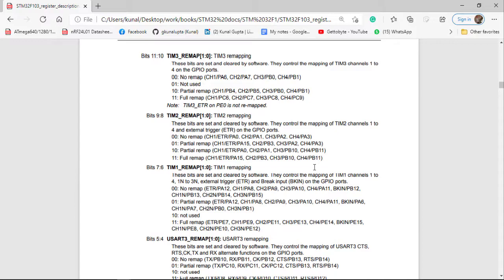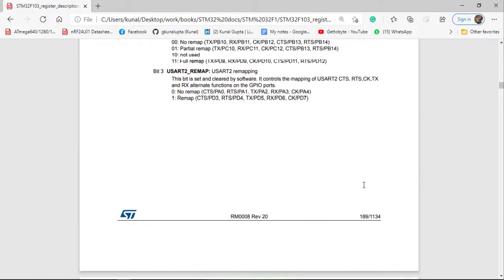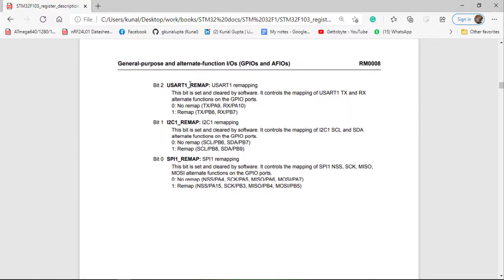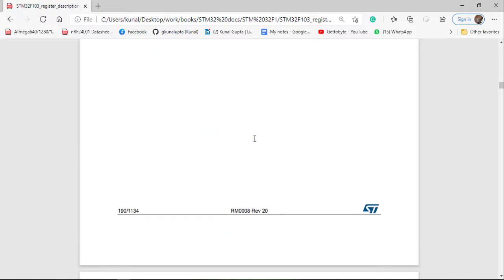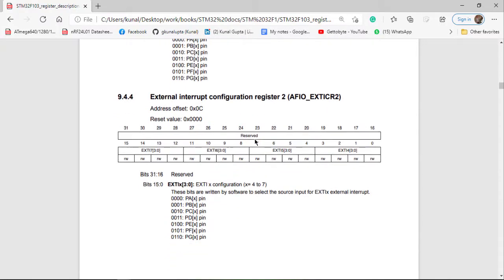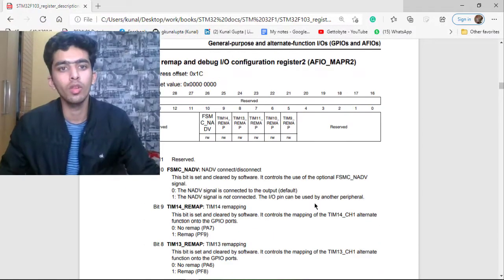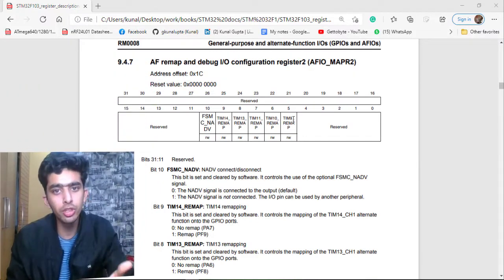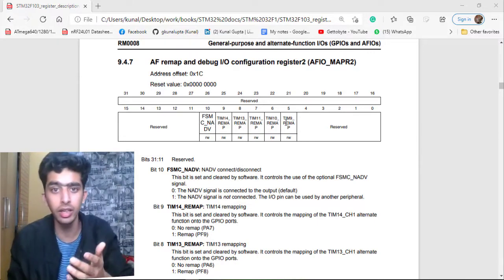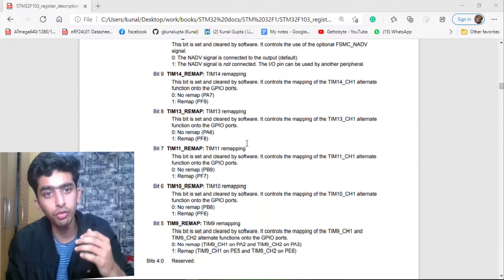In those, the pins support multiple features, but a feature is not supported by multiple pins. Whereas in 32-bit microcontrollers like STM32, a feature is also supported by multiple pins. Like you can see here again, USART 1, if we don't remap it, will be on PA9, PA10, and if we remap it, then it will be PB6 and PB7. Okay, and same way for external interrupt configuration registers, and there are a number of alternate function registers also. And same way we have one more configuration register in the family of microcontrollers which supports timers up to timer 10, timer 9 and extra features.